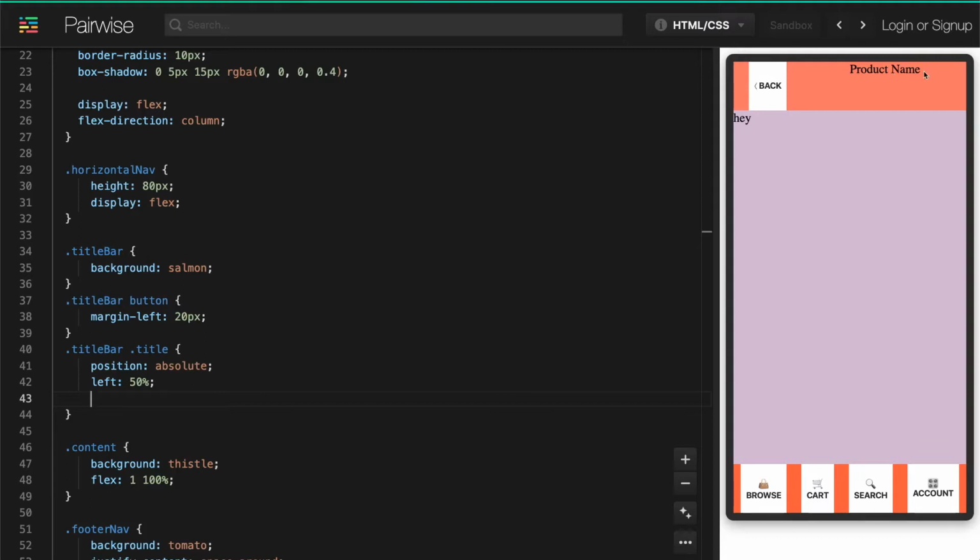So we're going to use translate, which in this context refers to moving something's position. We're going to translate on the x-axis, so translate x negative 50%. Now look at that. You'll notice that it is right in the middle. It's exactly in the middle, and that's because